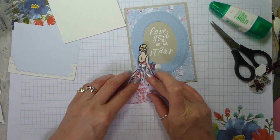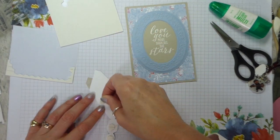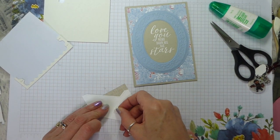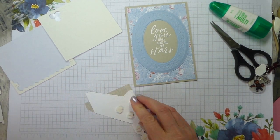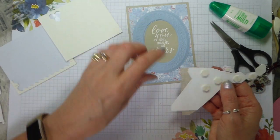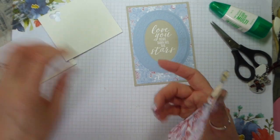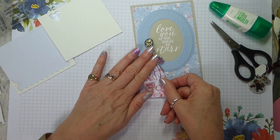So how far down am I going to need to go? To there and there. Okay, so one there, and one there. And then I can pop a double there, and a double there. And then we should be pretty good to go. So yes, if you're sticking something onto a layer that you've already stuck on dimensionals, you do need to then stick two dimensionals onto the bits that aren't on this piece. Does that make sense? Not sure I'm explaining it terribly well, but and then I just want that to overlap